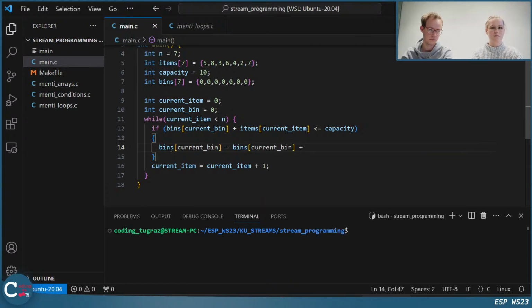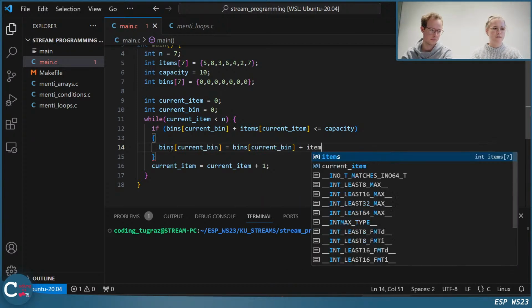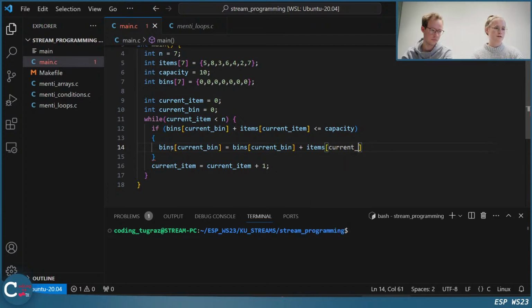I'll write it like that so it's more clear. So we assign to the current bin the value of the current bin plus the value of the current item. So we put the item into the current bin.